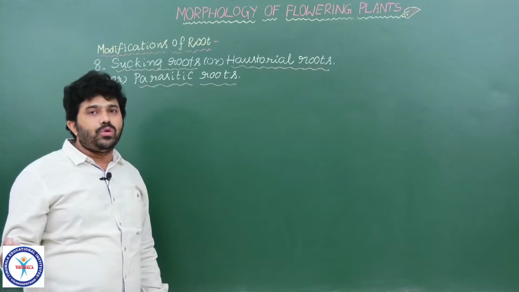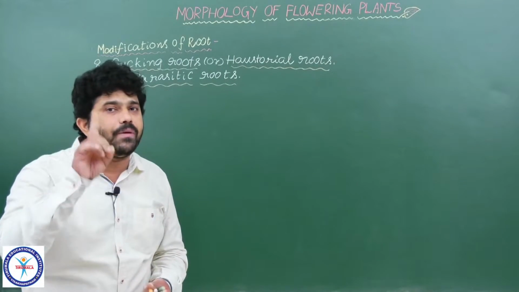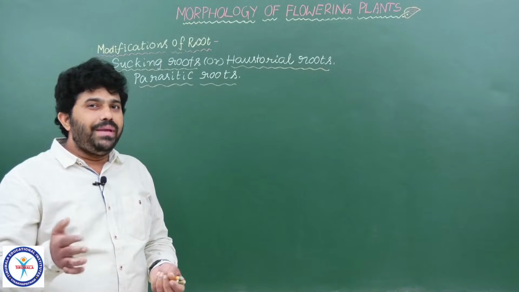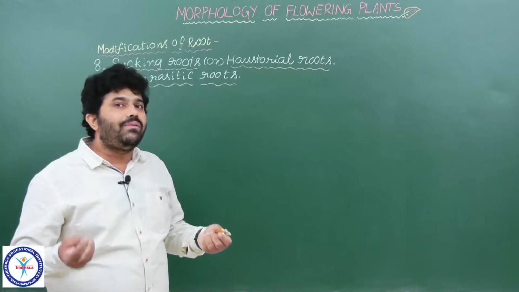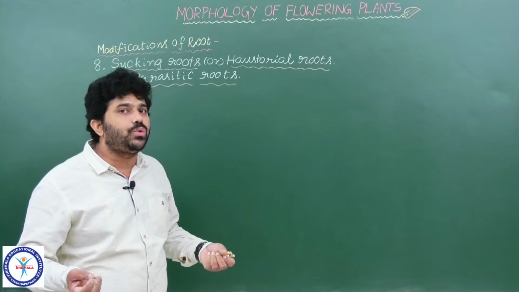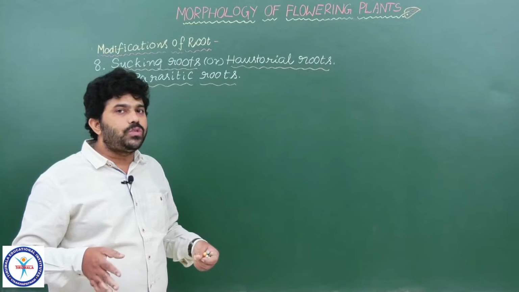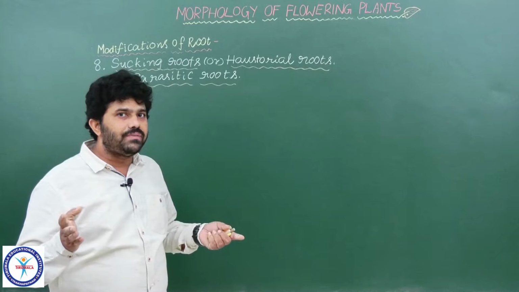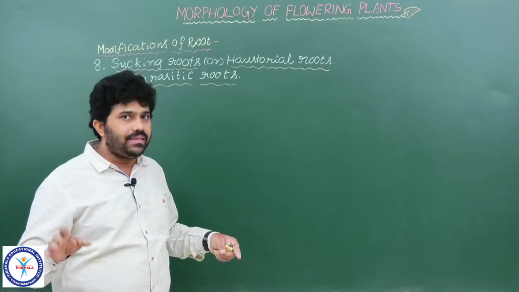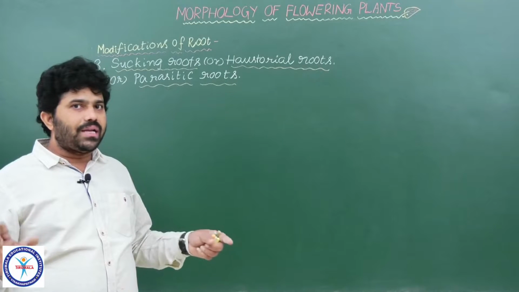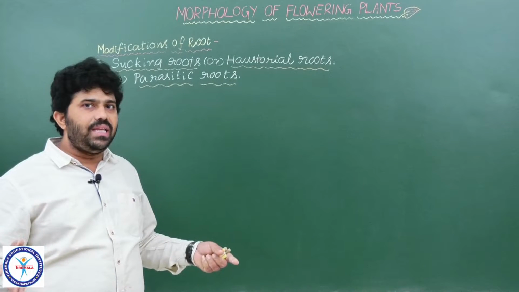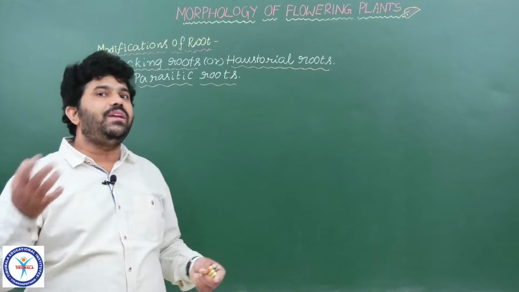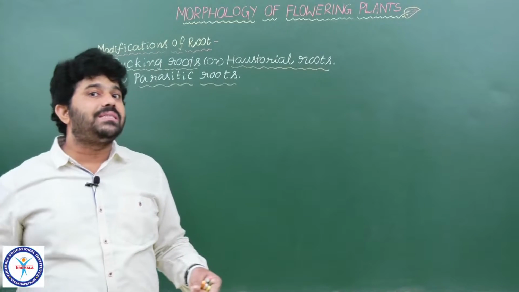Some other plants also produce haustorial roots for only one type of nutrient. These parasitic plants have leaves, but a poorly developed root system. The root system and vascular tissue are not well developed, so they cannot absorb water directly from the soil. But they have leaves and are able to perform photosynthesis. The second category of plants, which are not complete parasitic plants, possess leaves but cannot absorb water directly from the soil. So they depend on other plants for water only, stealing it from the xylem